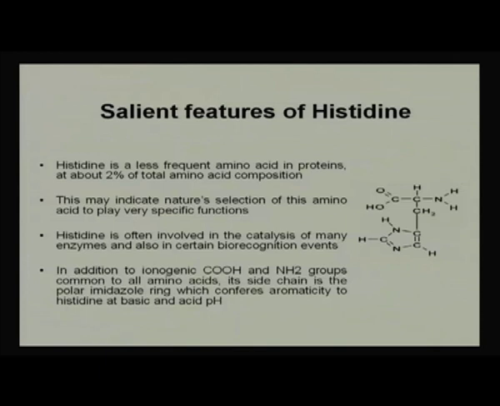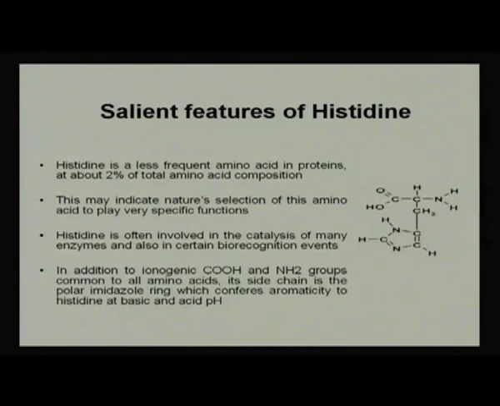Now, because of the limited time period, I will just simply go through this histidine ligand chromatography, and the salient